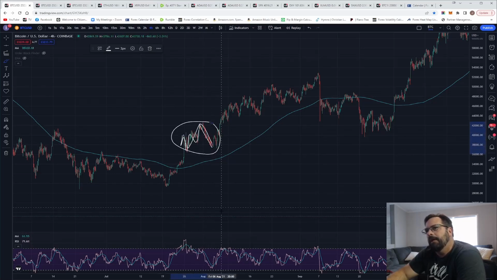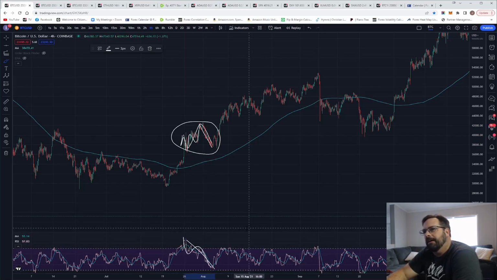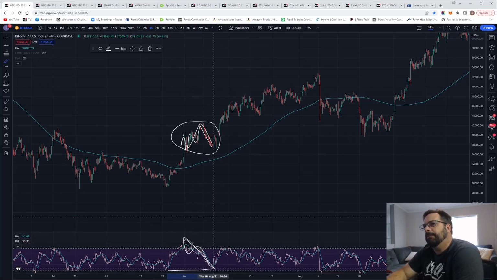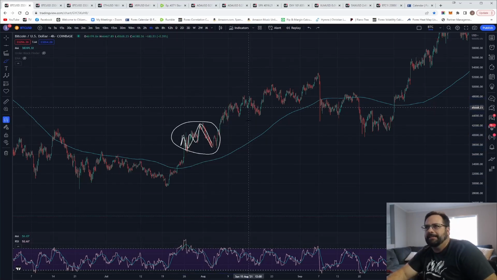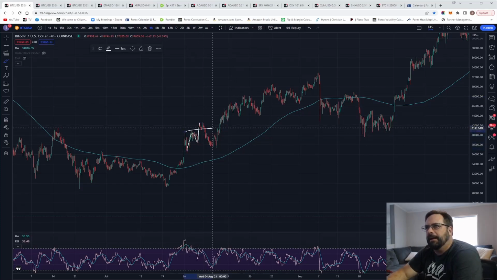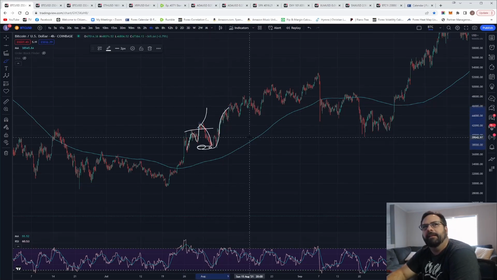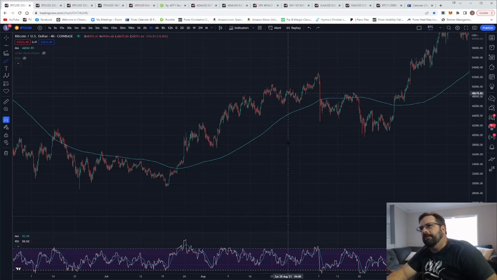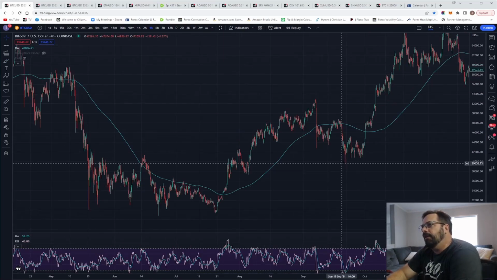Now this took a while, and notice what the price action did as the market did that. It allowed the RSI to reset. The RSI was able to reset. This is the 4-hour chart, give you some hidden bullish divergence, and then you are ready for the next move in the market. That was a fantastic correction, okay? Now what it did is it faked out people thinking, here we go, we're going again. It brings it back down, collects liquidity, and then it continues on. So that is something to pay attention to. All right, so with that said,